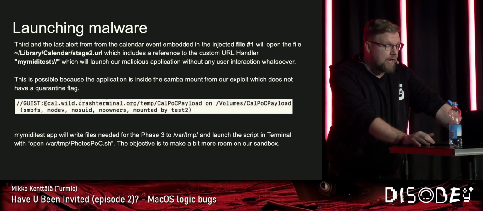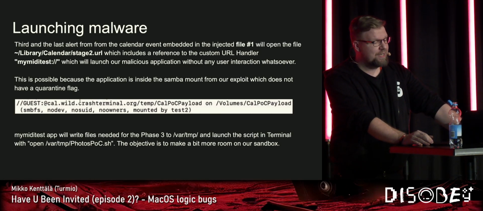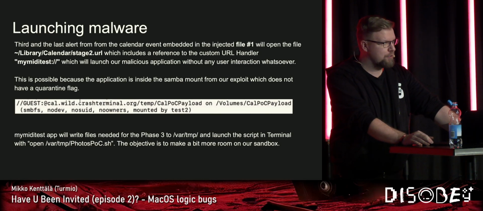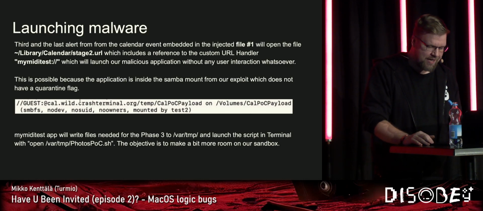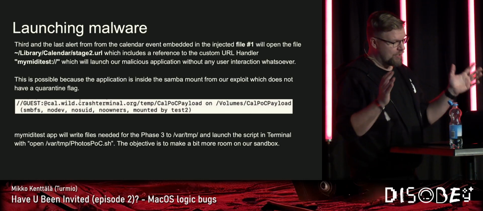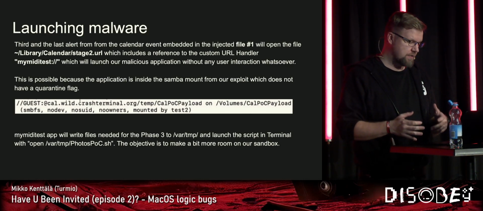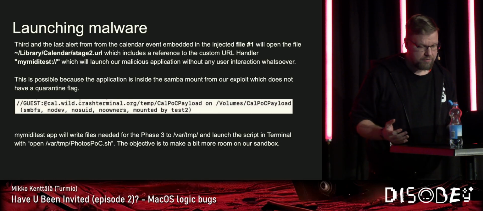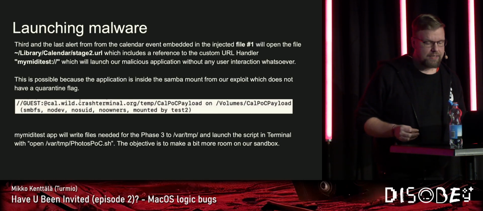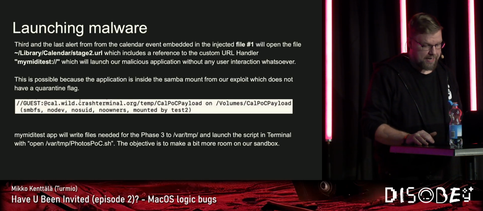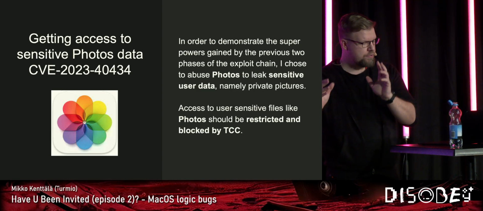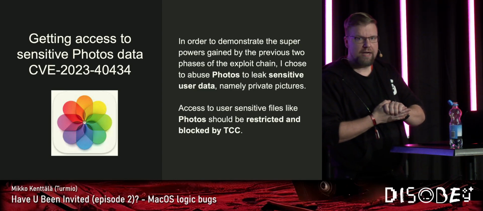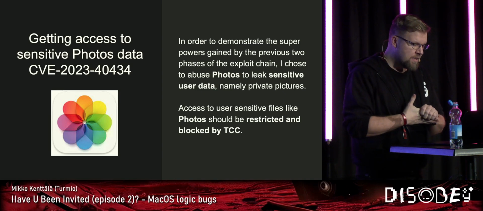And then the malicious application runs. Now I am able to run a malicious application, so I have code execution in the victim system this way, but I'm still somewhat limited because macOS has other restrictions. But the malicious application will do some preparation for that. And we enter the new and last phase of my vulnerability chain.